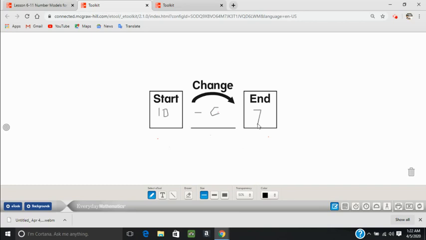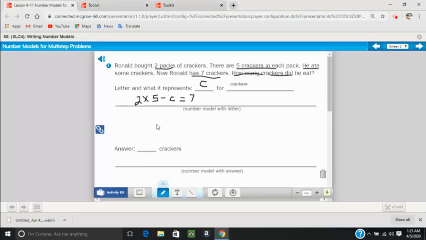Now I could think, if I end with 7 and I started with 10, what was the change? 7 plus 3 is 10, so I know that if I do just the opposite and start with 10, and I take away that 3, I end with 7. So my change is minus 3. So I could come back here after I had shown my work on the other page, and I could write my answer here is 3